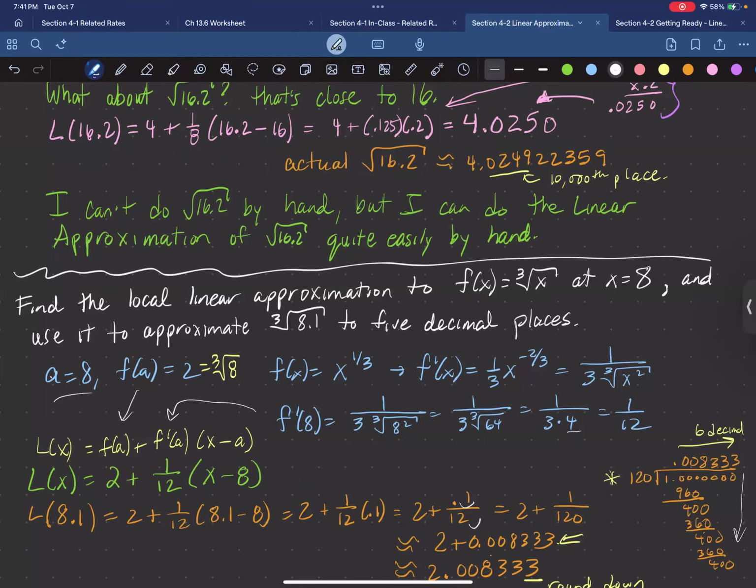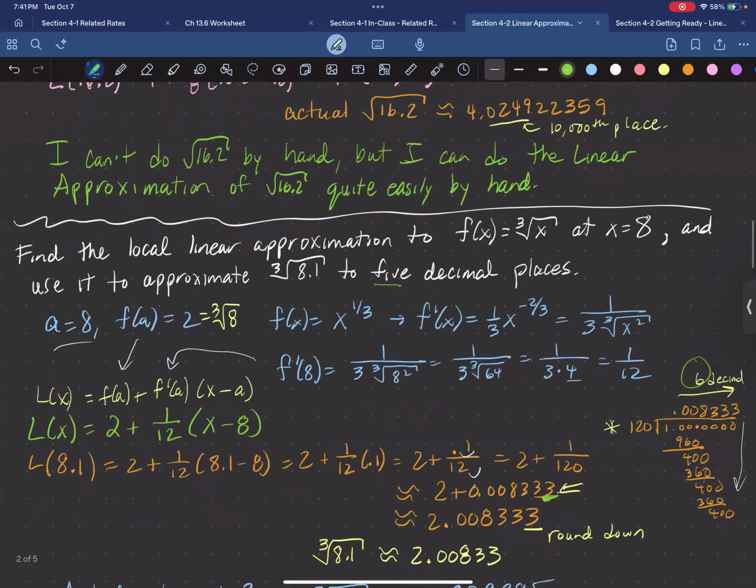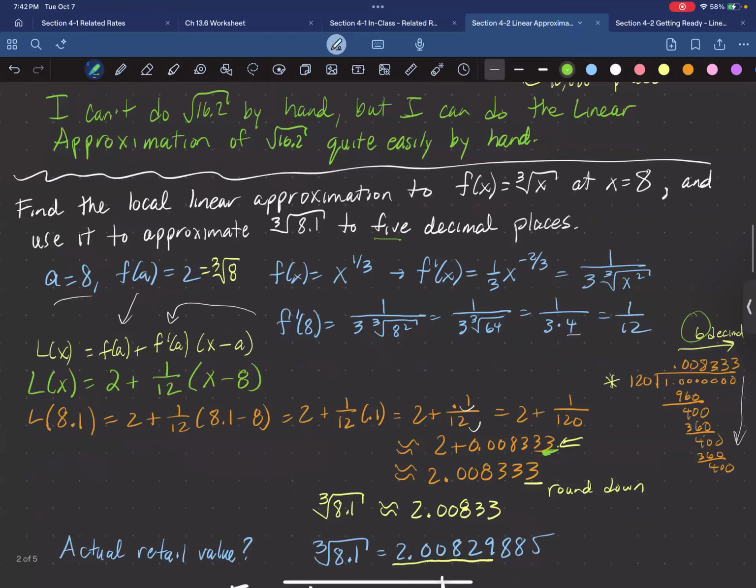So I have 2 plus that 0.00833333. I went to 6 decimal places. You want to go one larger than what it says. It said 5, so I went 6. That way I knew whether I needed to round down or round up. This says I needed to round down, so I got approximately 2.00833. If you throw that in the calculator, the cube root of 8.1 is